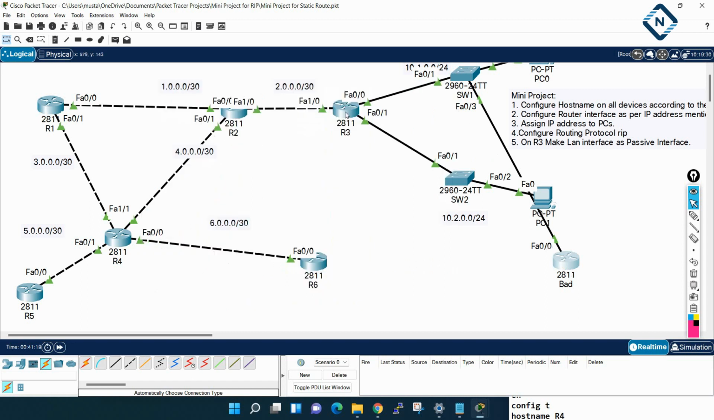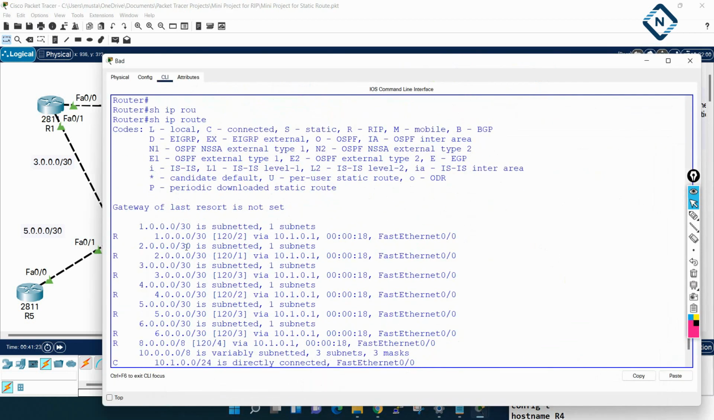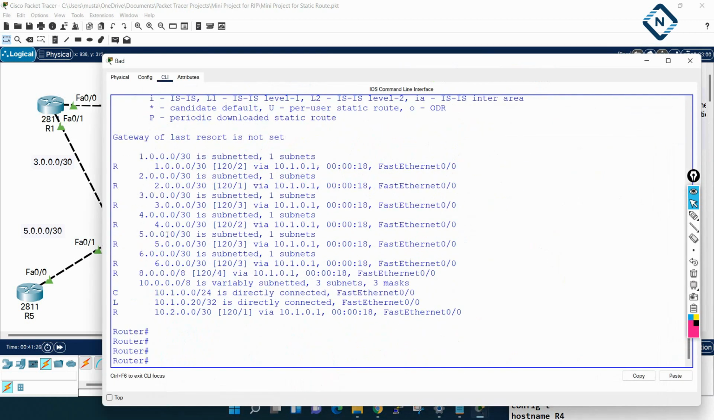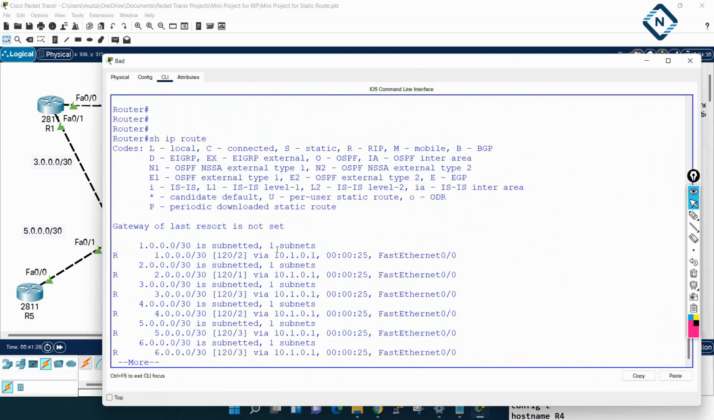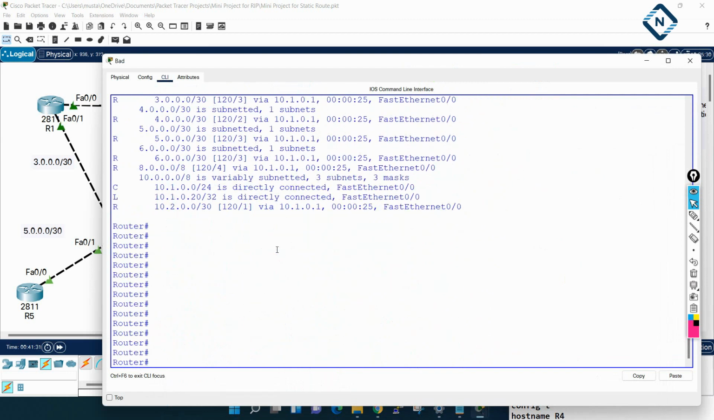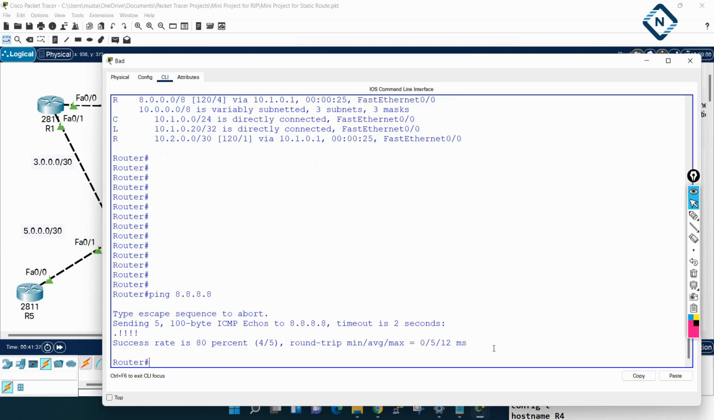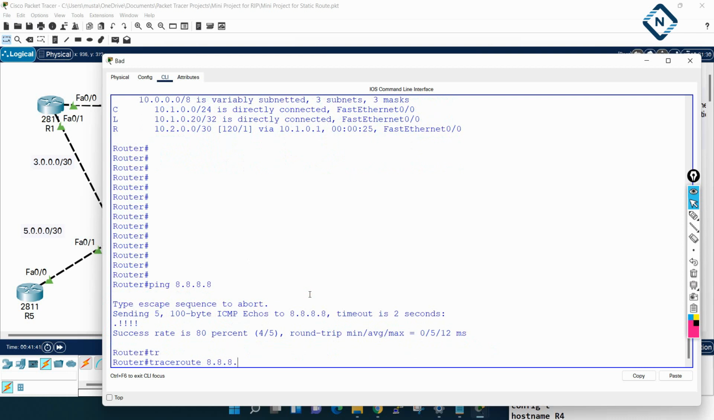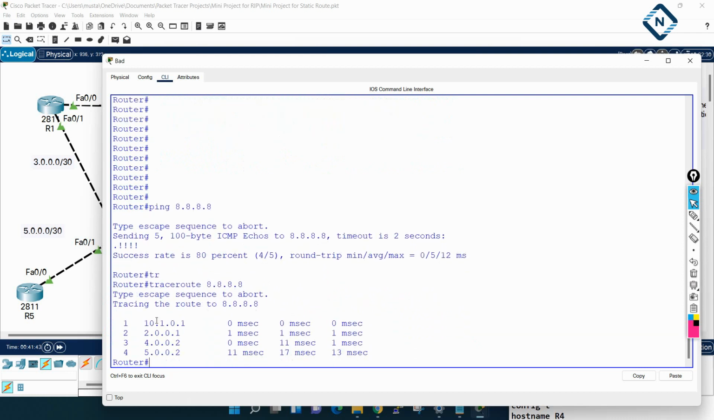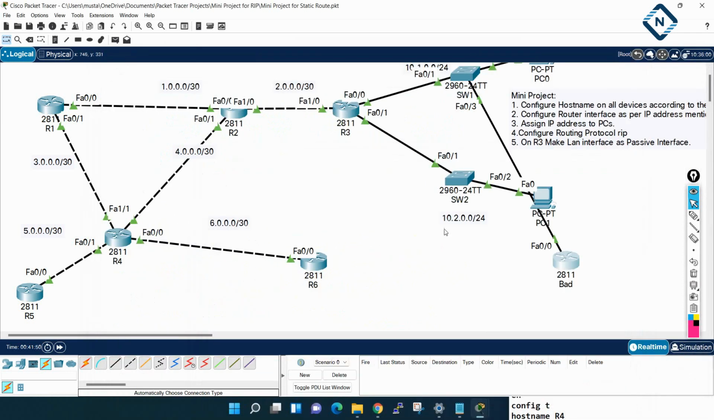of this router, and this router is also sending the messages. That's why this guy learns these routes. And if you see, this guy can access all the network. For example, 8.8.8.8, he can access that also. If you see, yes, it is accessible. If you do traceroute 8.8.8.8, you will see the routes he is going through, 2.0, 4.0, 5.0. So for that security purpose, we need to